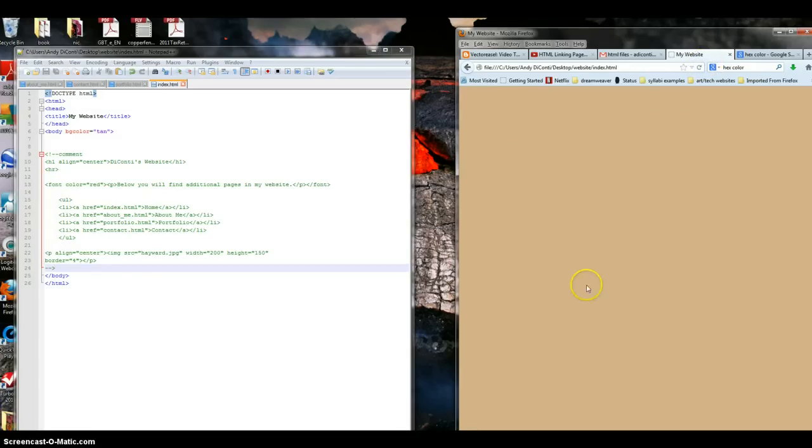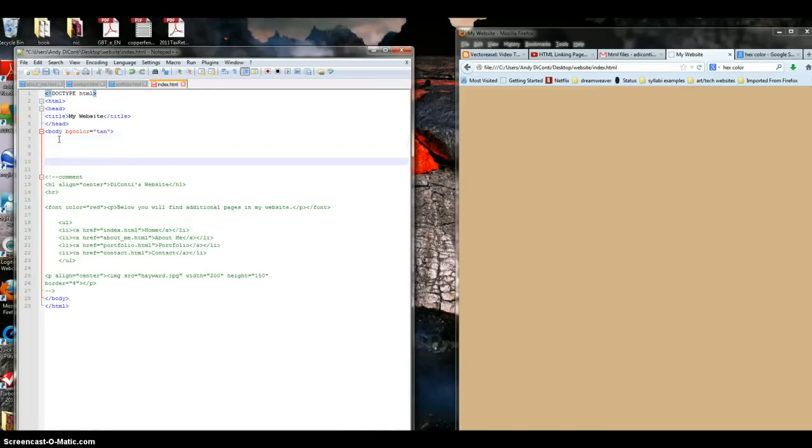And so I just refreshed it. And so all this stuff that's in green, everything that's between these comments, so you have the angle bracket, the exclamation point, and the two dashes, and then I've got it closed up down here. Now what I want to do is make a table, and so I'm going to start